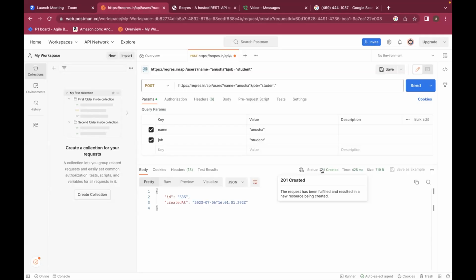Those starting with 1, 2, 3, 4, 5. 1 to 199 is one set of status codes, 200 to 299 is another set, 300 to 399 is another, 400 to 499, 500 to 599. These are all different status codes.